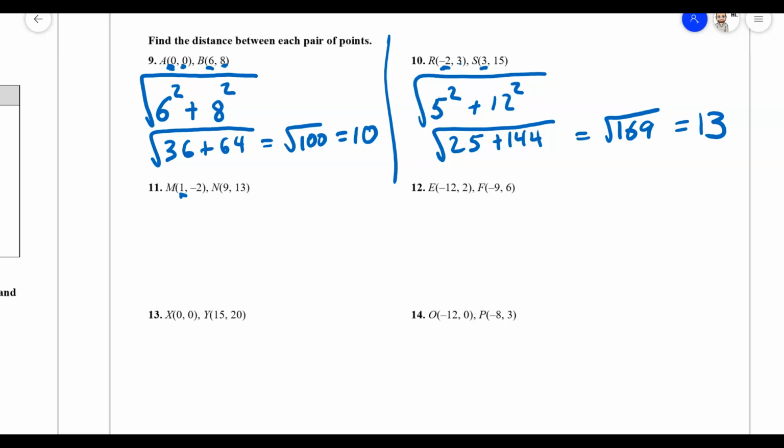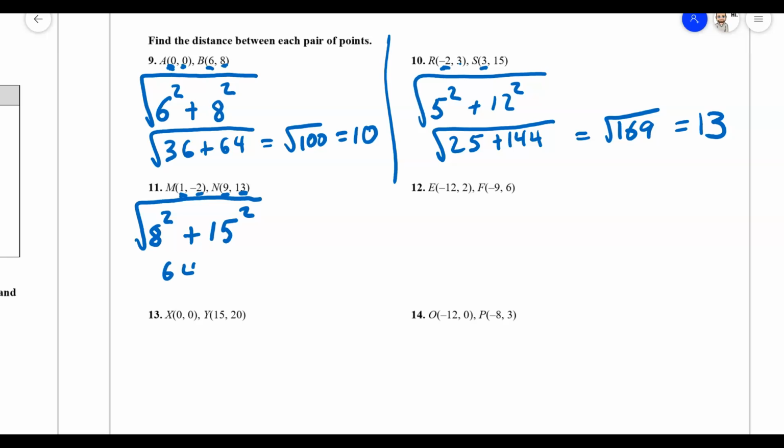I'm going from 1 to 9. How far is that? Think of the number line like we just did. It's 8. So we have 8 squared. From negative 2 to 13, how far is that? That's 11. Oh, sorry. No, it's not. Yeah, from negative 2 to 13, not 2 to 13. From negative 2 to 13, that would be 15, right? 2 to 0 is 2 plus another 13. So I have 8 squared plus 15 squared, and I have to take the square root of that, so that's